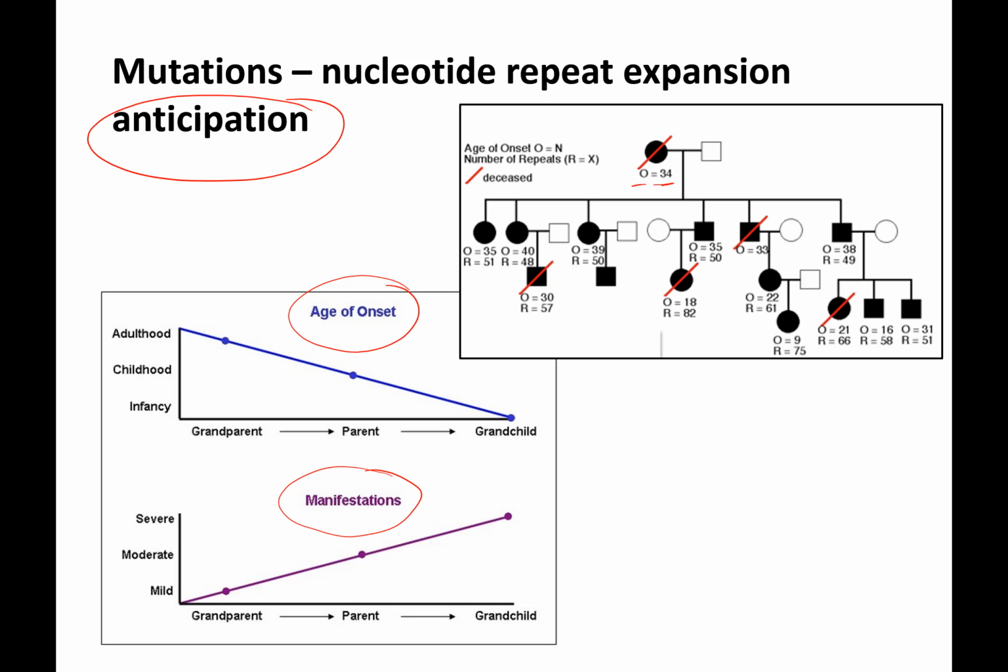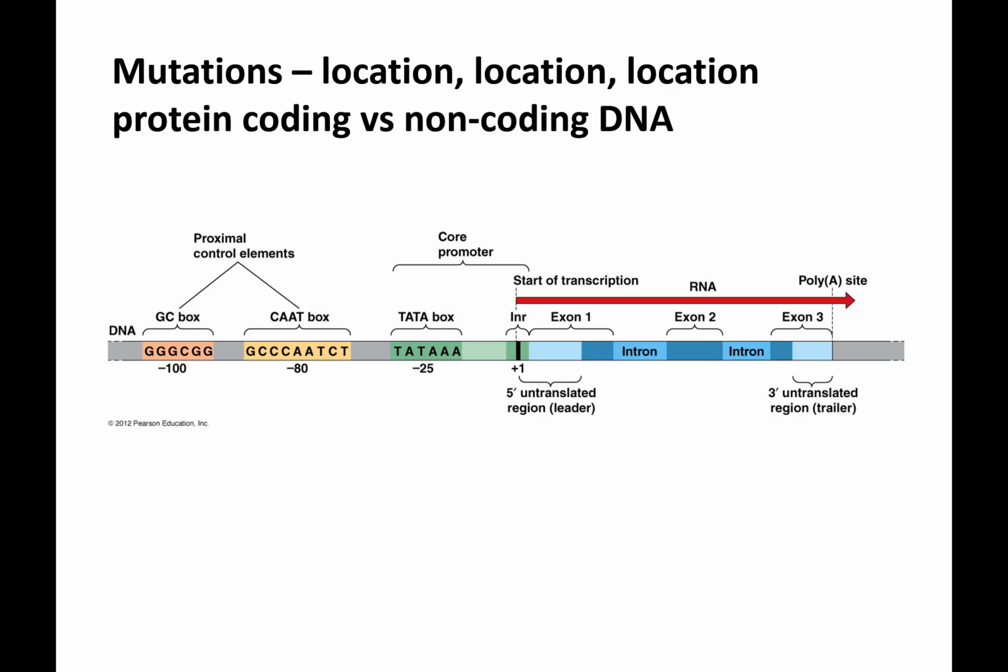And so they didn't have the data on the number of repeats here, but you can see that the age of onset starts getting younger and younger, and the repeat numbers are increasing. So the more the repeats, the younger the age of onset. So, final